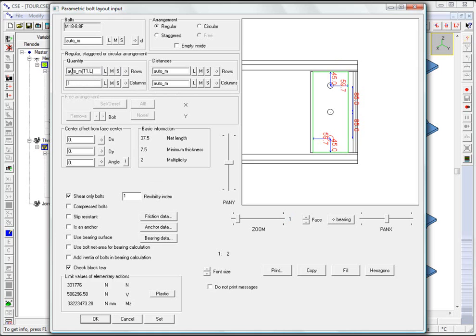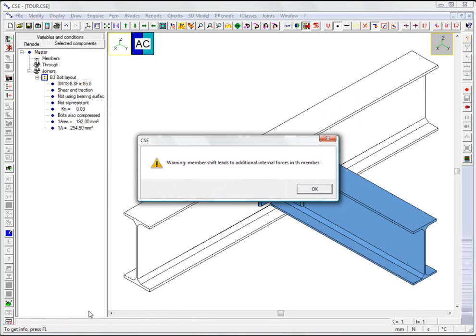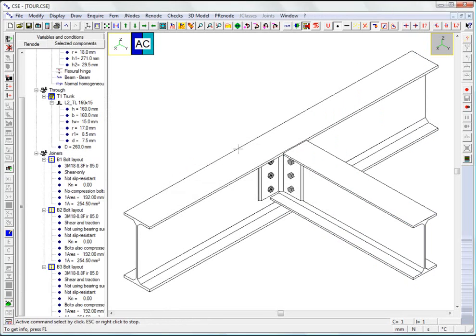We save the change without looking at the parameter settings in detail, as they are covered in our lessons. The node now reflects the modifications that we have made. Since the other bolt layouts were parameterized as a function of the first one, they too now have just a single column. We run the checks again,